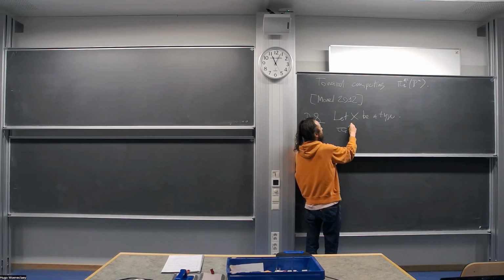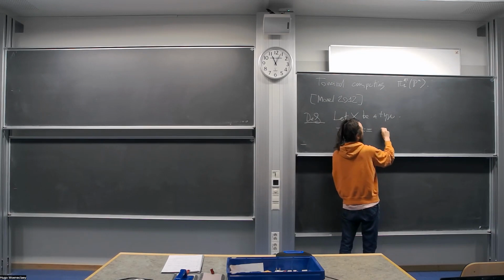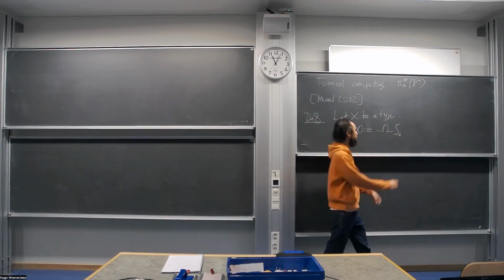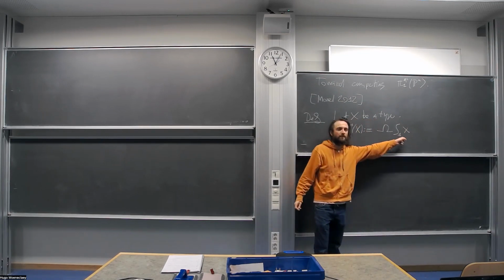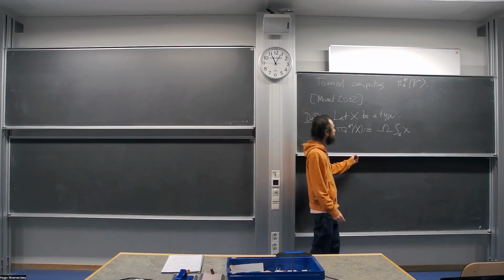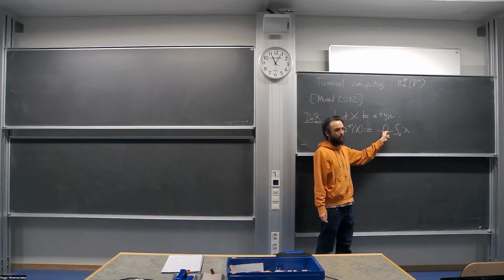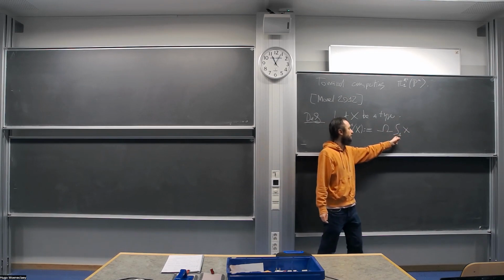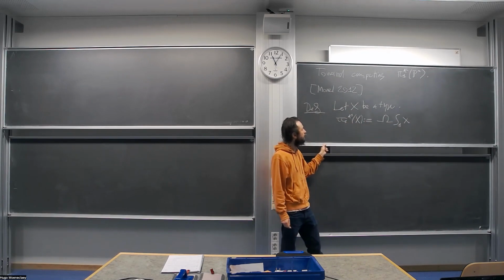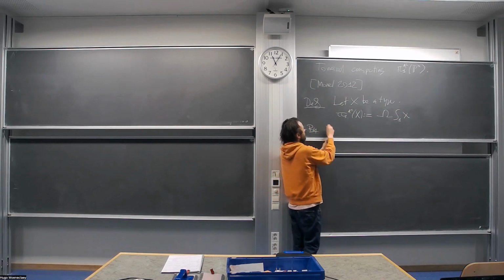Definition: π1 A1 of X is equal to the omega type of the shape 1 of X. So shape 1 is the modality that builds one-truncated A1 local types out of any type, that Felix introduced. And so we know this is a 1-type, so the omega is indeed a set. We also know that this is A1 local, so π1 A1 of X is A1 local as a group.